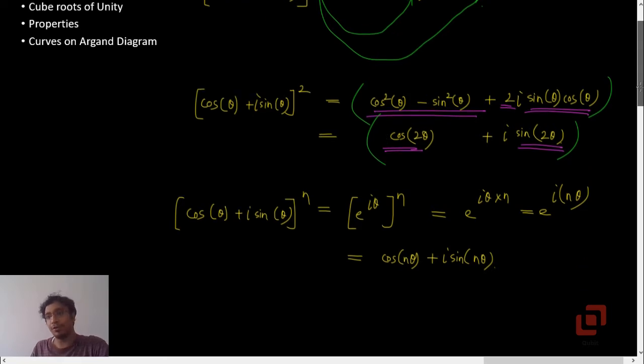Then we have cube roots of unity. Cube roots of unity means cube roots of 1. Okay. So let one of the cube roots be x. So x cube is equal to 1, or, okay, let me write it in this way, x cube minus 1 is equal to 0. Now some people ask this question, are not the cube roots of 1 equal to 1, 1, 1? That's wrong.